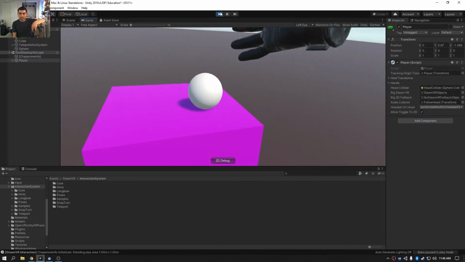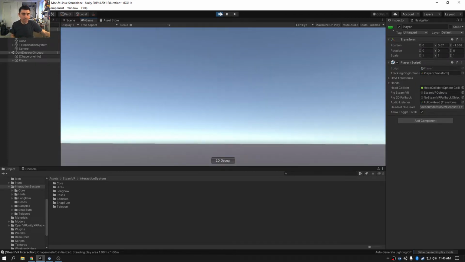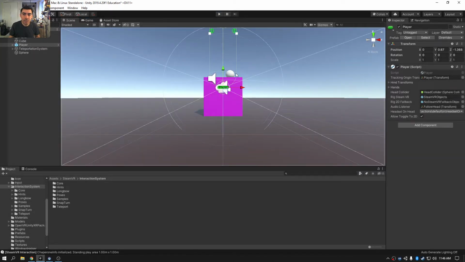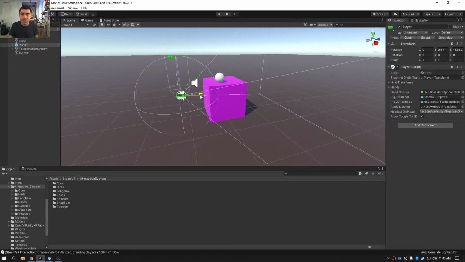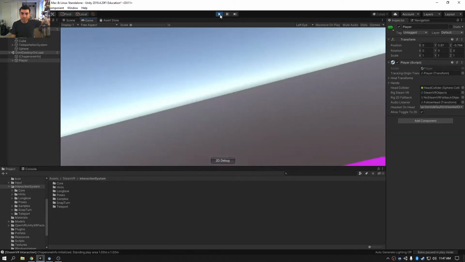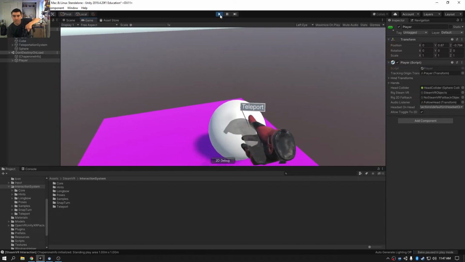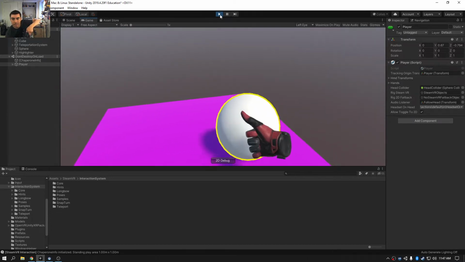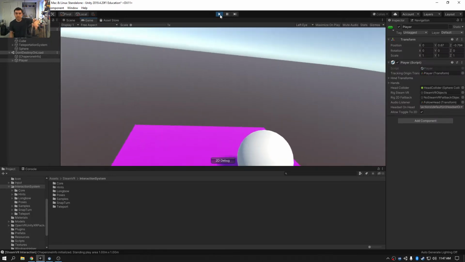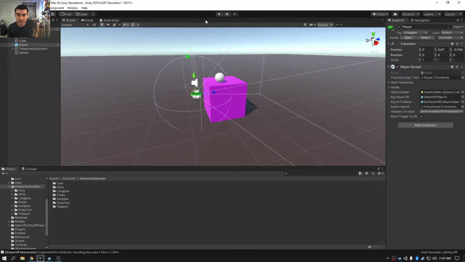I start right here. Let's see if I can interact with it. Oh, I'm out of my tracking range. Let's do that one more time, and move this forward a little bit so I'm right there next to it. I just don't have a lot of room around me, so that's why I'm running into the problem. If I scooch back a little bit and reach down, then I get a yellow outline showing up on the object. That tells me that my object is something I can interact with. It's a visual cue that says this thing is interactable,